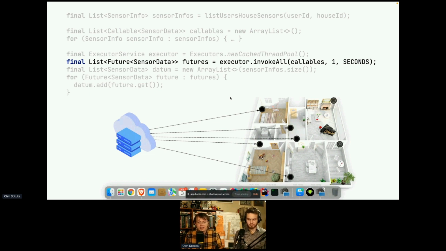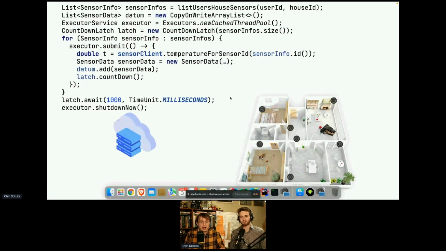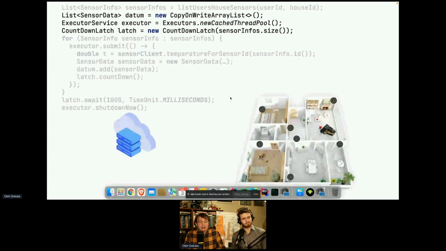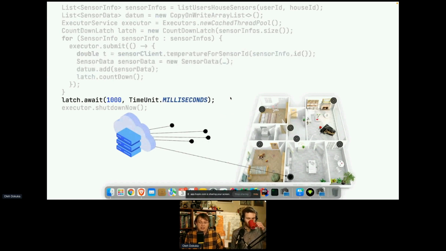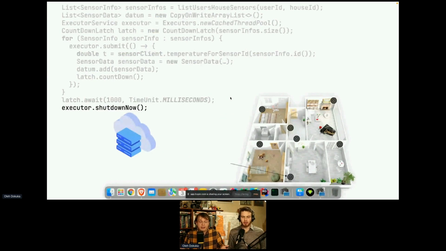java.util.concurrent has other good methods. For example, the CountDownLatch and executor service, where we can submit our particular code, and it will be run in a separate thread. And we could write our implementation using the CountDownLatch for this. Here it will be the same logic, and the timeout also will be applied here, and you shouldn't wait for all of your sensors.